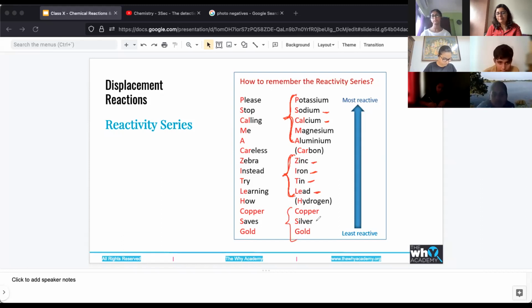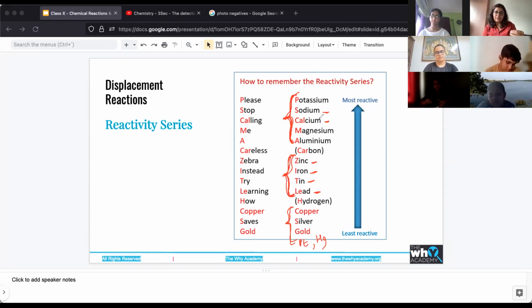Like you have copper, silver, gold, platinum also comes here. Mercury also is somewhere in the bottom. Okay. So have a rough idea of what kind of metals you'll find on top, what kind of metals you find in the middle, and what kind of metals you find at the bottom. So once you're familiar with it, once you have a correct idea of all of that, then you can